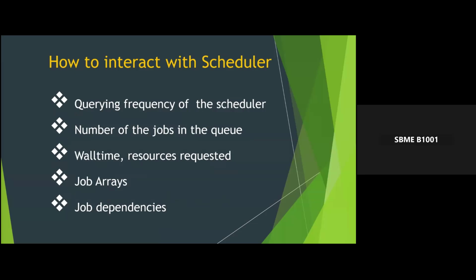Okay, now what are the best practices, the best behavior when you are working with the scheduler? The squeue command lists the jobs which are currently within the system. squeue -t running lists the jobs which are currently running on the system. squeue -t running -u and my username will list my jobs which are running currently. squeue -t pending -u my username will list the jobs which are currently in a pending state,